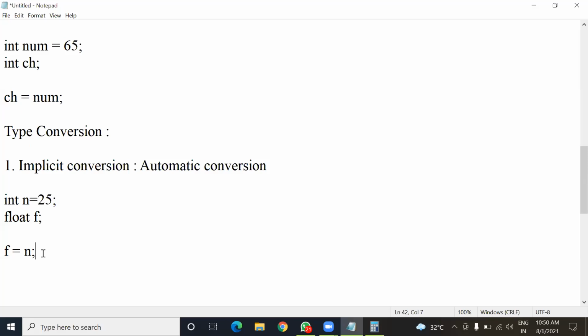The next thing you have to check is the value that is going to be stored in another variable: what are their data types, and what is the difference in size and range? If you compare int and float for size and range, int has a smaller size than float. Is it or not? Tell me.